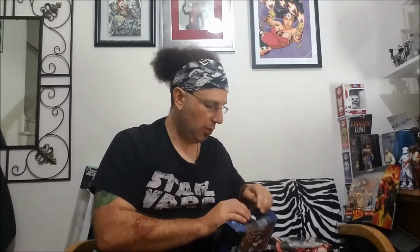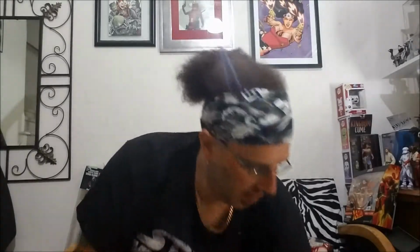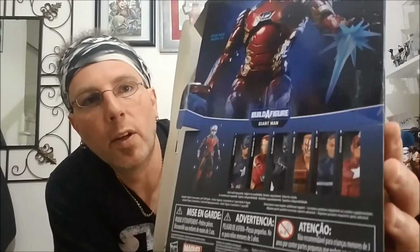Next we have Iron Man. Now I know Iron Man's not really rando, but Iron Man's in a set of figures where it's really hard to find one of the figures to build the actual Build-A-Figure. So this is from the Captain America Civil War. I think I found this on clearance somewhere. But if you look, they've got like a bunch of figures on here. Captain America, Iron Man,